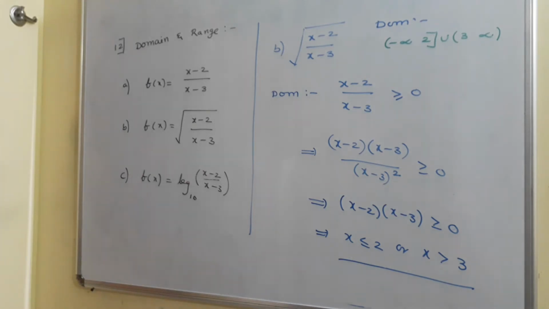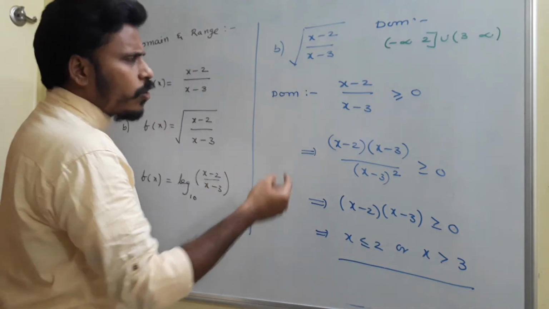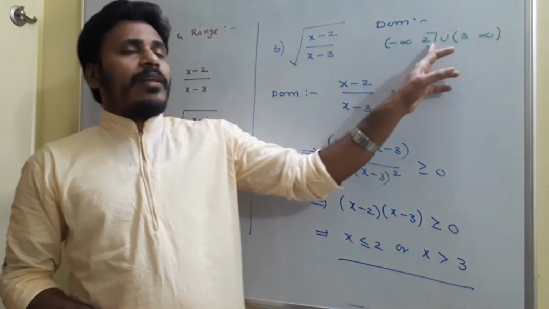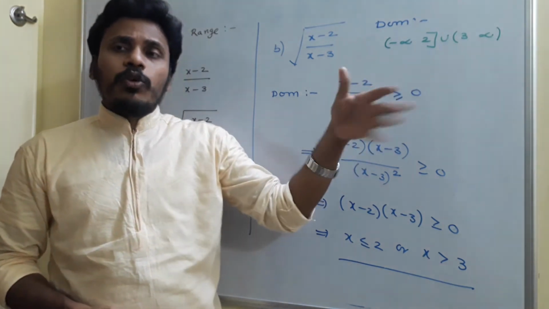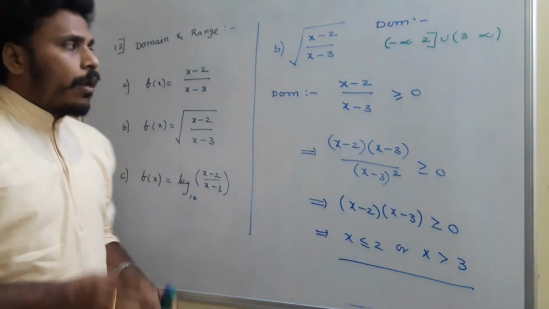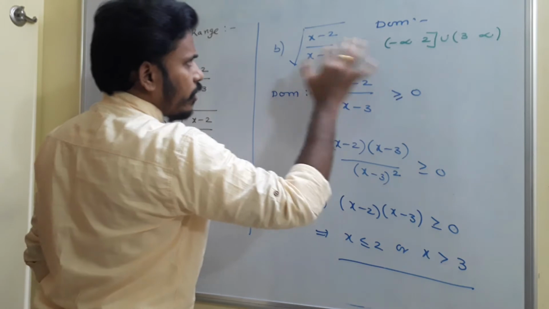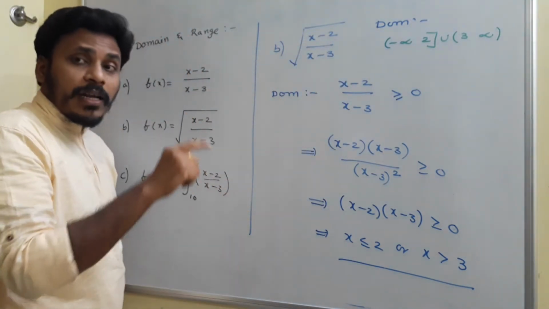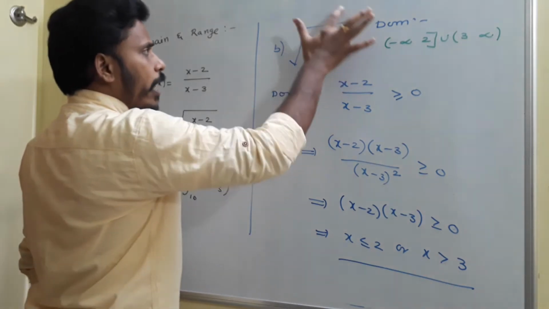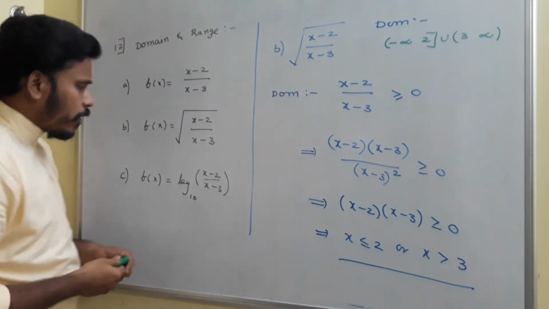So how to find the range? First of all, you just think. This is always positive. You are just eliminating the region where the values of x are in between 2 and 3. For those values, it will become negative, so no problem, leave it. Now for different values of x in this given region, you will get different answers. But the square root value is always positive. Since the square root value is always positive, you are taking all possible values in the place of x.